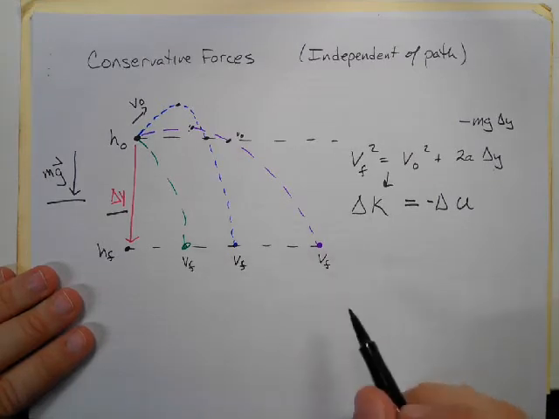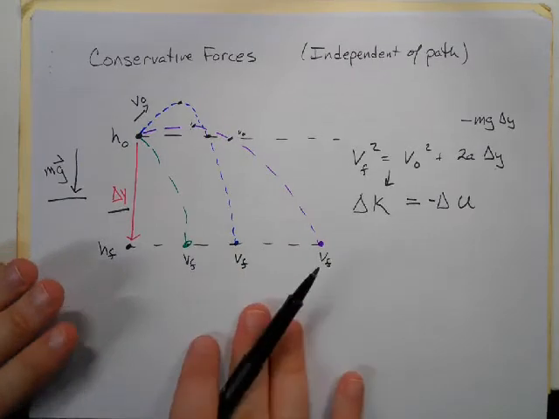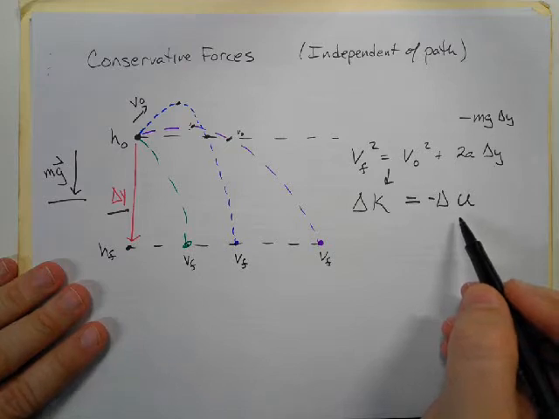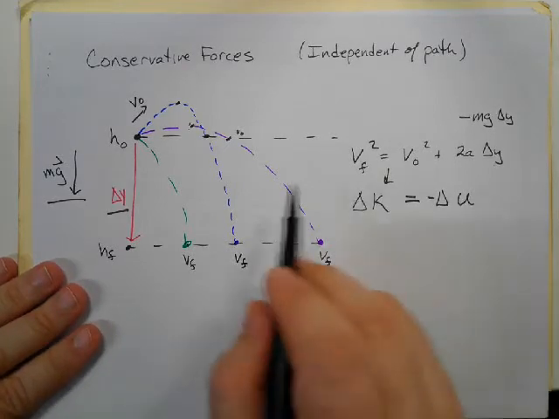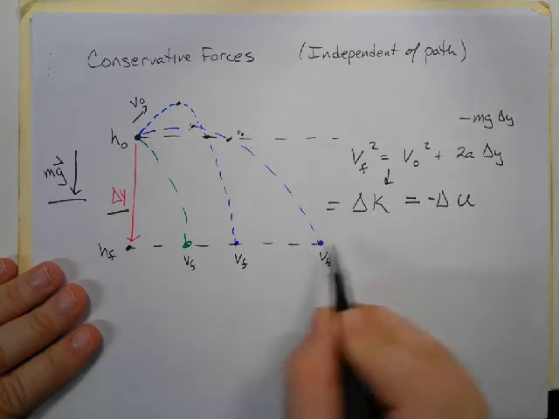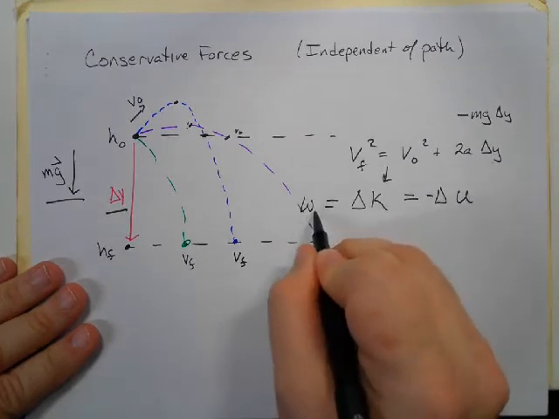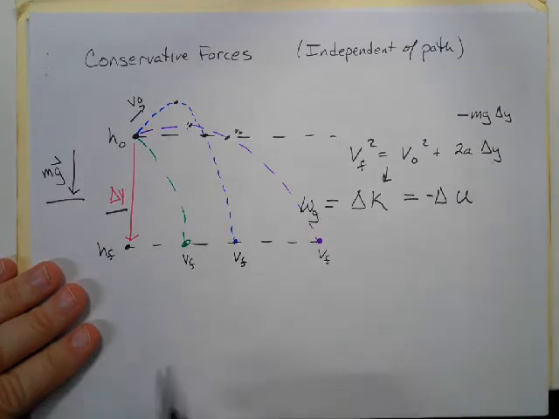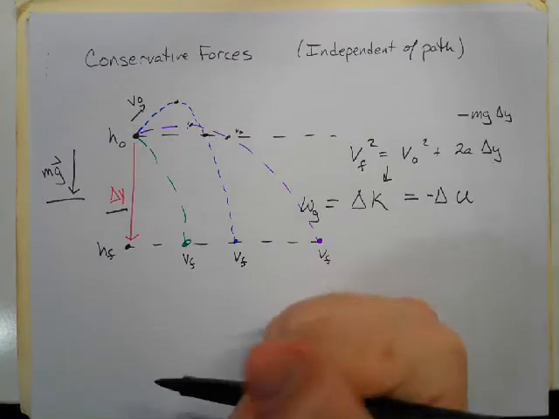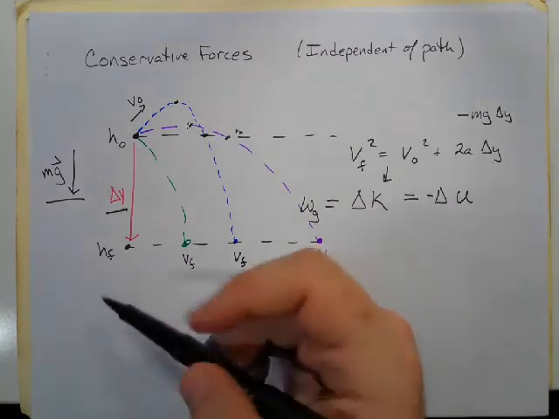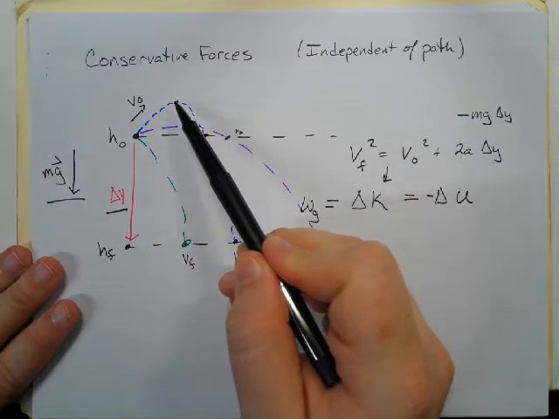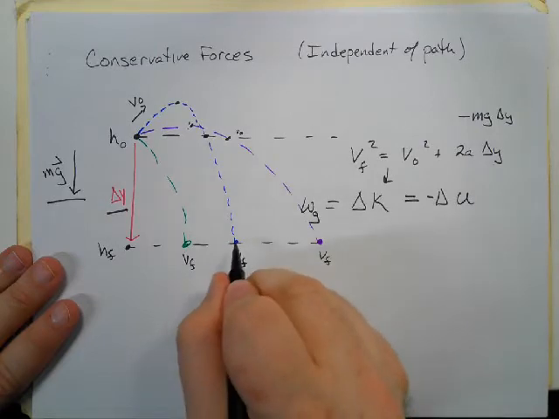And so that's what we mean, in a sense, by can we define a potential energy: when we work out the work that a particular force does, which is just the kinetic energy change, does it matter what path it takes? And in the case of gravity, it doesn't matter. What happens is if we happen to go upwards, we gain potential energy and lose kinetic energy, but to return to this final point, we give it back.